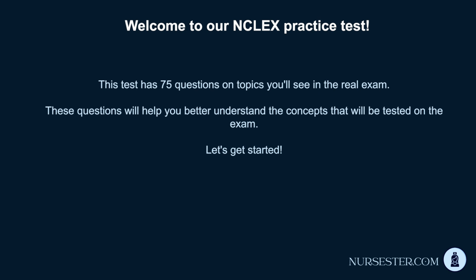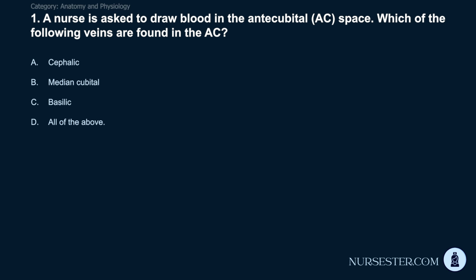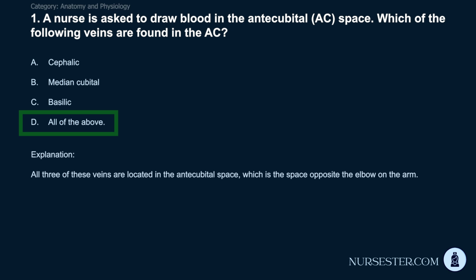Let's get started. 1. A nurse is asked to draw blood in the antecubital (AC) space. Which of the following veins are found in the AC? A. Cephalic. B. Median cubital. C. Basilic. D. All of the above. Correct answer, D. All of the above. All three of these veins are located in the antecubital space, which is the space opposite the elbow on the